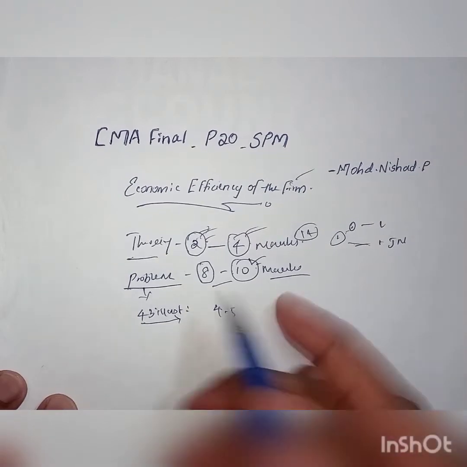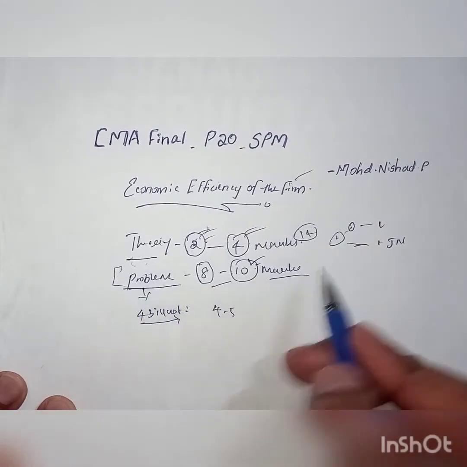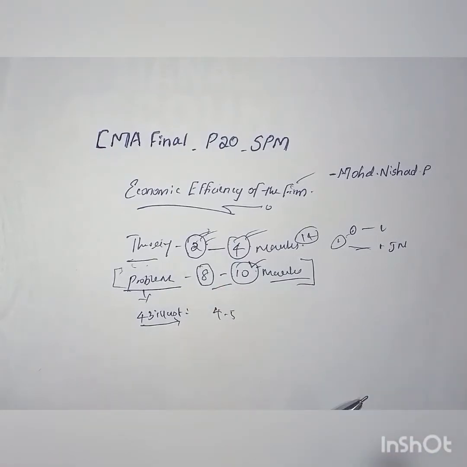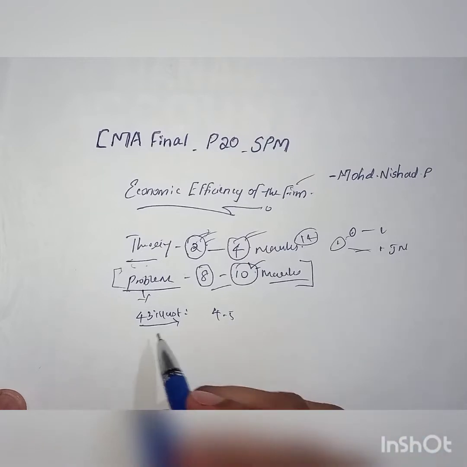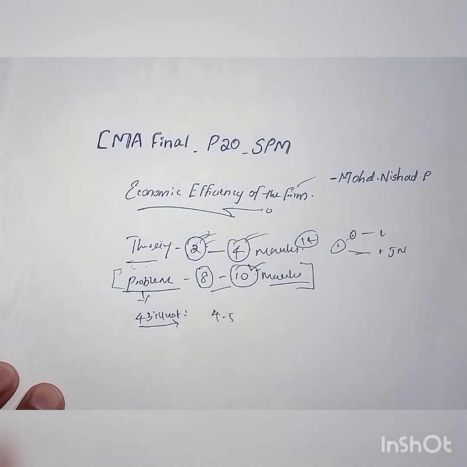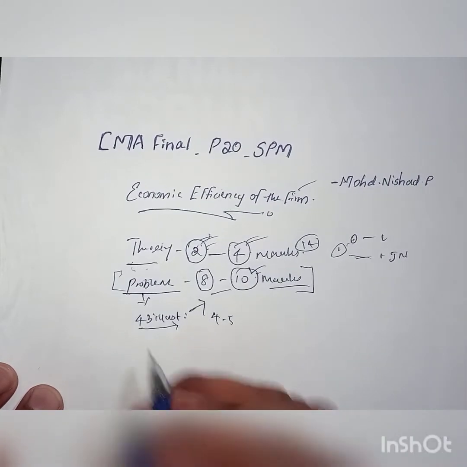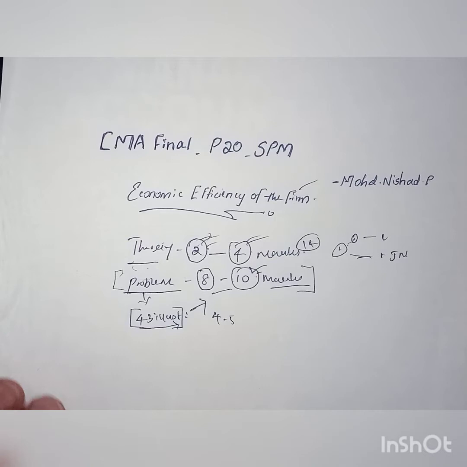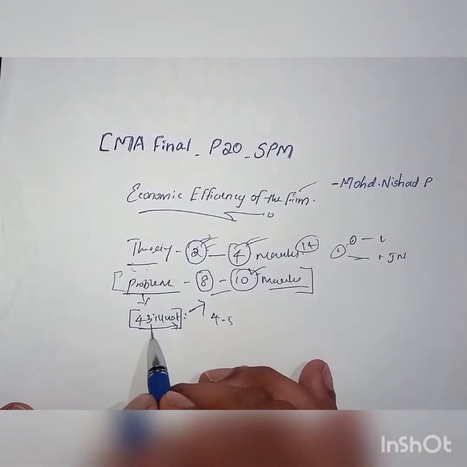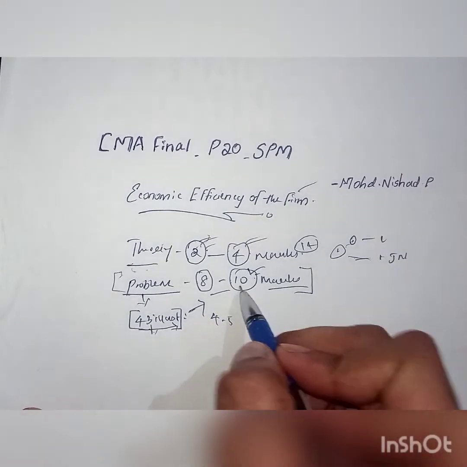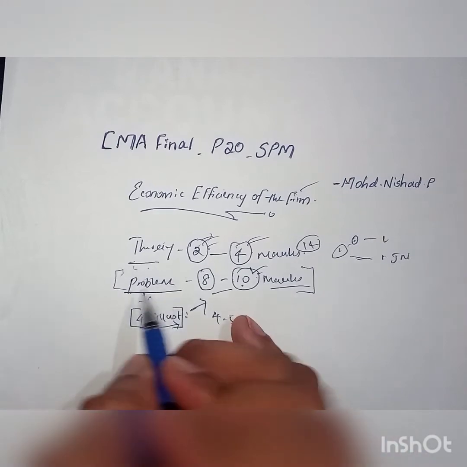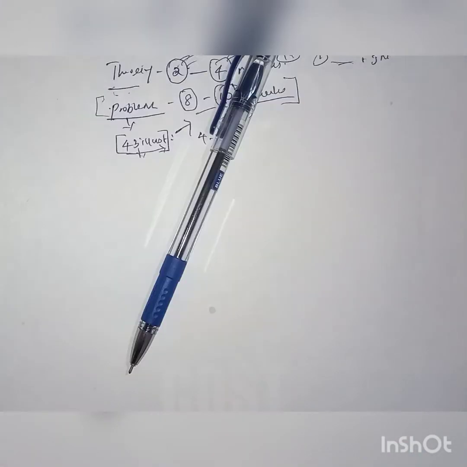Anyway, leaving that part, we'll concentrate more on the problem area, because we know that 8 to 10 marks will definitely be asked from problem areas only. The bigger benefit we have is that 43 illustrations are there in the study material, and whatever questions are asked in the exams will be from these 43 illustrations only. If we are able to practice these 43 illustrations, we will be secure of 10 marks, or a minimum of 8 marks. That is the reason why I am concentrating more on the problem area.